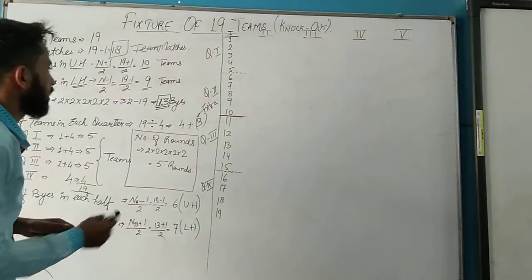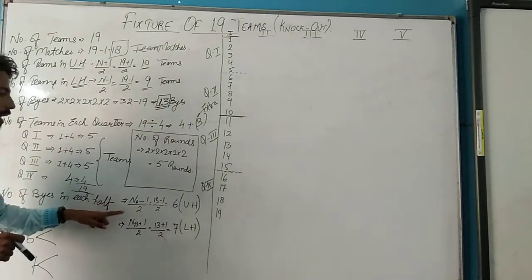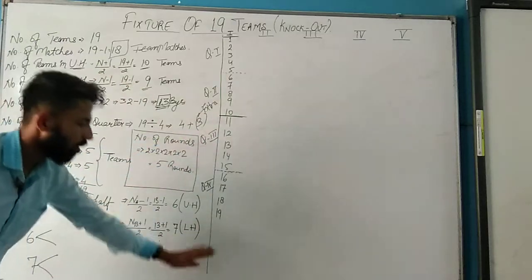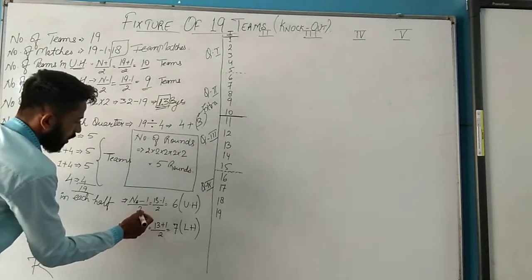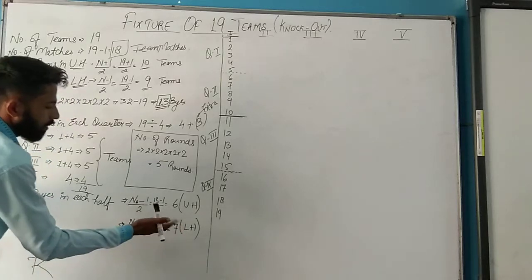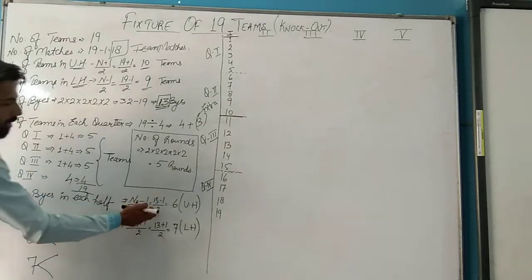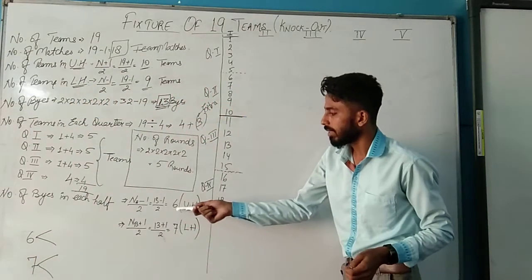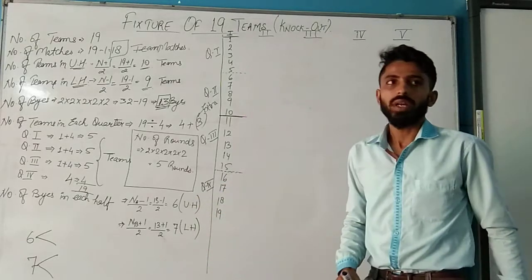हमारे पास byes कितने आए थे? 13 byes. Now the byes are divided into upper half and lower half. This is all upper half and this is all lower half. तो इस lower half के लिए NB minus 1 and NB plus 1, that is total number of byes are 13. अब इस 13 से आप कैलकुलेशन कर लें फॉर्मूला प्लेस करके, the value will be 6 in upper half total number of byes and 7 in lower half.